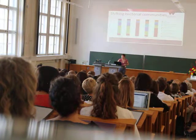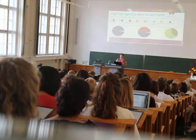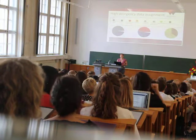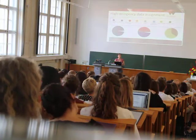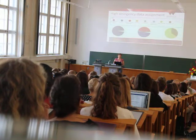But yes, just to go on now. To give you an idea of the stringency that we use in our data assignment, around 3% of the reads that we sequence have a match in the database. Shotgun sequencing is pretty standard, and that's not because